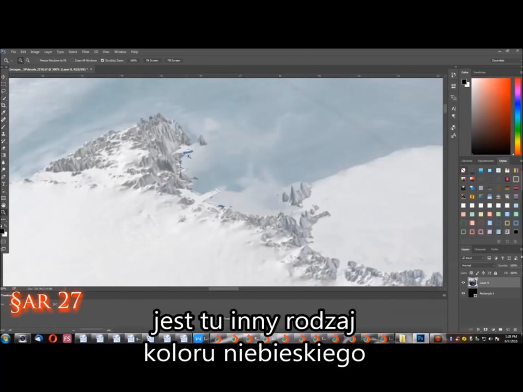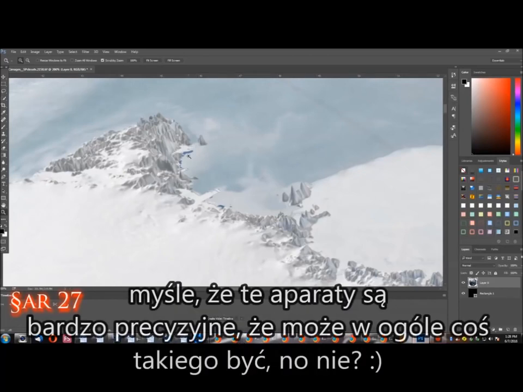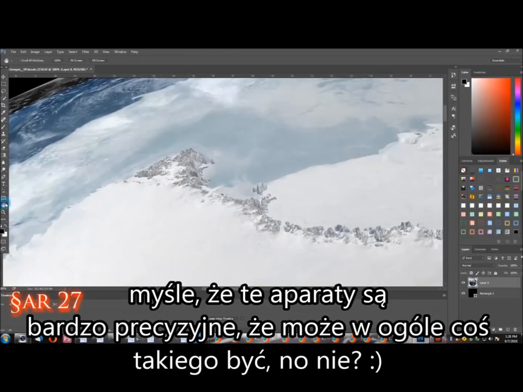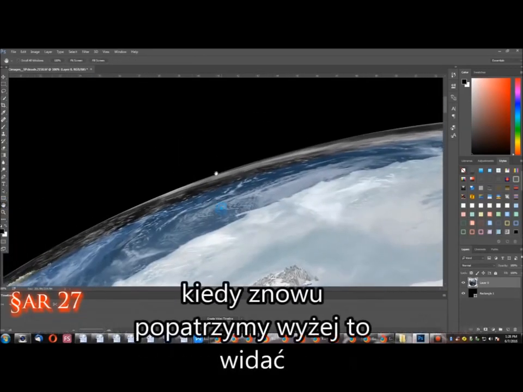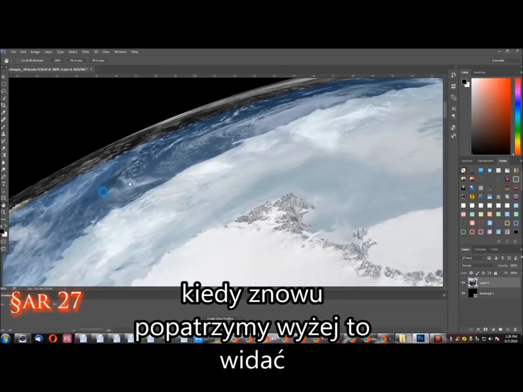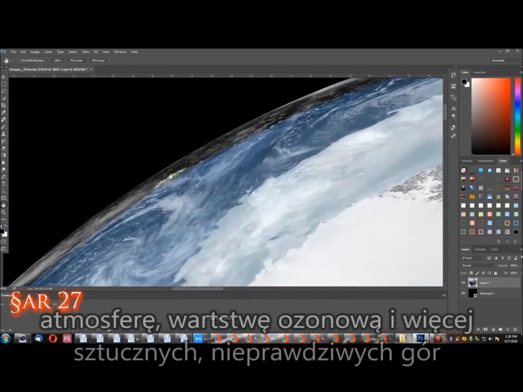There's a different kind of blue there. I guess this camera is very precise that you can actually do that, right? Now, when we go up again, you can see the atmosphere, the ozone layer,